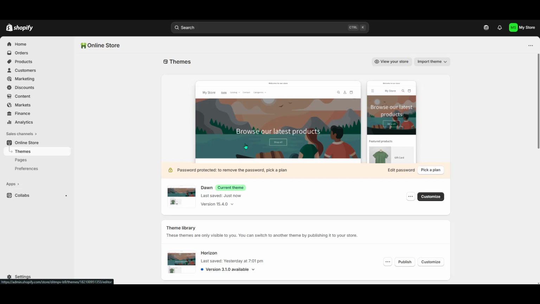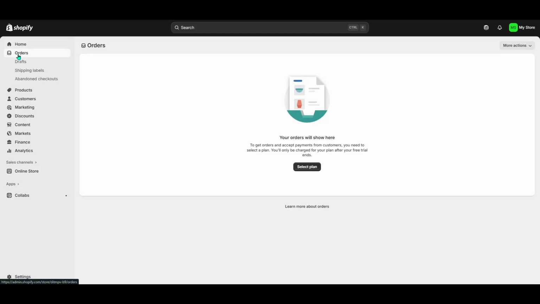First, you'll want to navigate to the left panel of your Shopify admin dashboard. Here, you'll see a variety of options, each representing a different aspect of your store management. Look for the Orders option in that list and click on it. This is the central hub where all transaction-related actions are managed, whether they're finalized orders or drafts like what we're